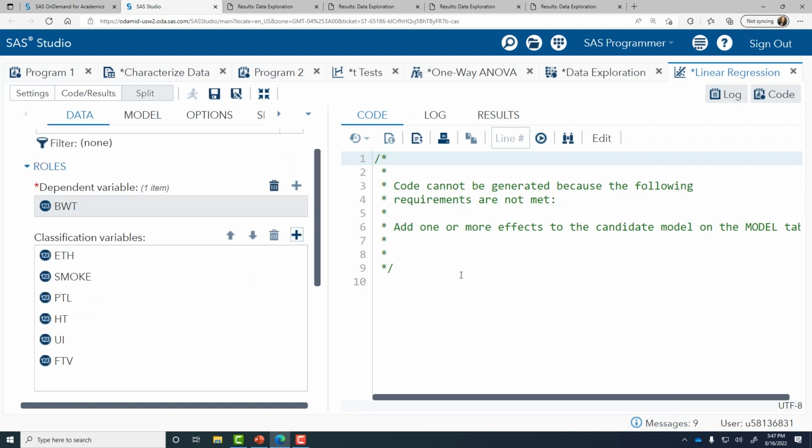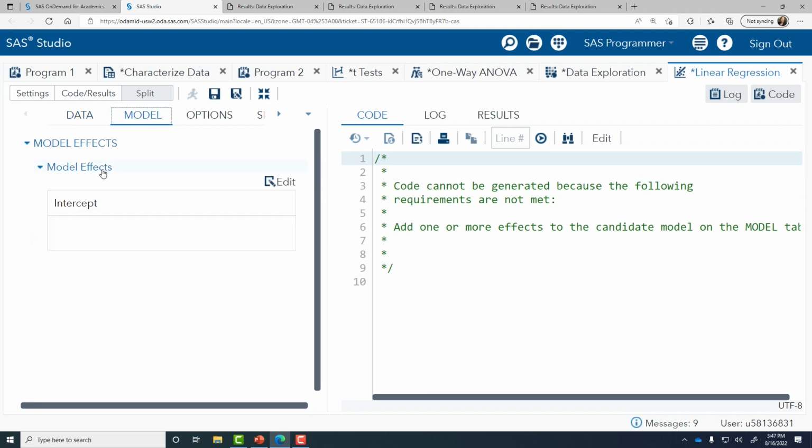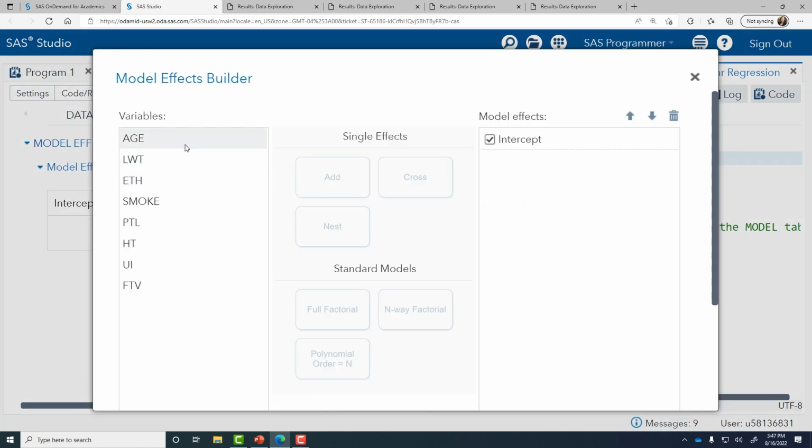Now you'll notice that no code has been generated in the right, and that is because this linear regression task is unique in that I have further specifications about the model that I still need to perform before SAS can fit this. So I'll go to the Model tab, and this is where I need to enter the model effects. So I'll click on Edit. I'll select the age variable, hold down the Shift key.